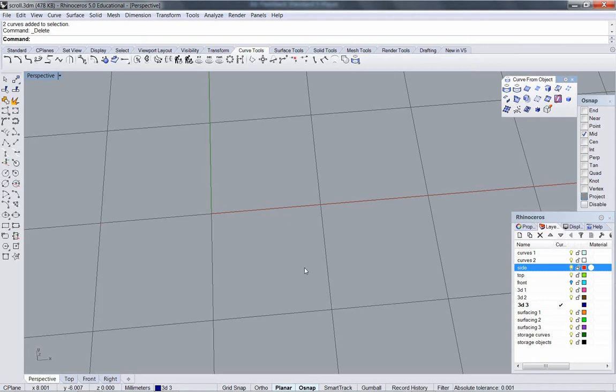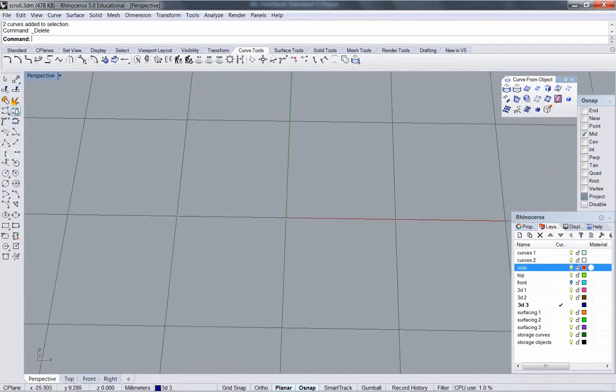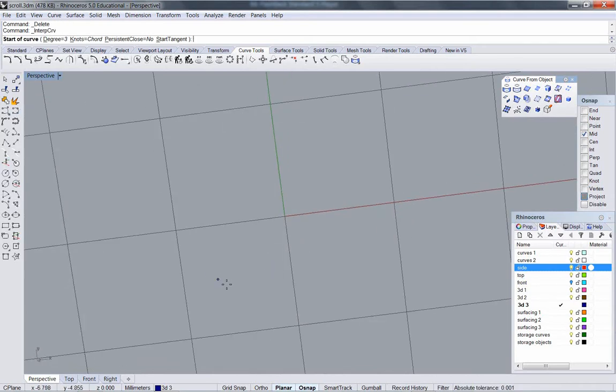Another tutorial in our series of tutorials for basic modeling in Rhino, basic hard surface modeling. I want to talk about how to draw a scroll. Scroll is a very typical form in jewelry. I'm going to start by actually drawing the scroll